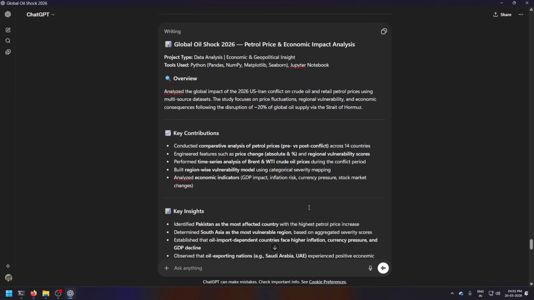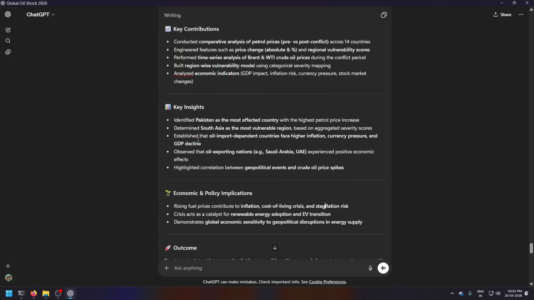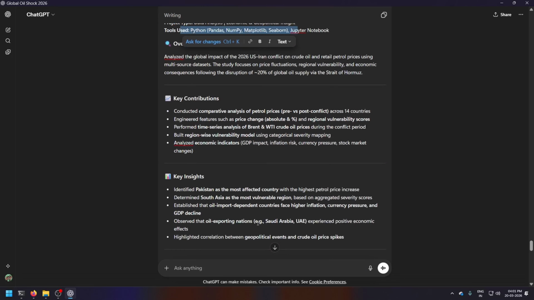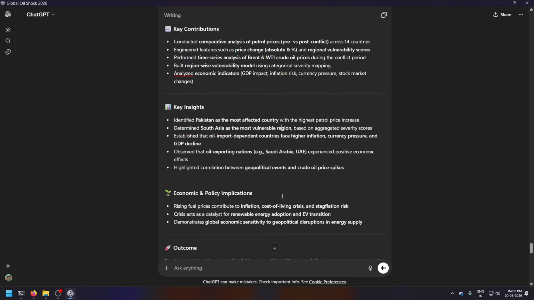Okay, I did it because I want to show you how you can write a particular one page. If I copy this thing in the doc file, you can see it had some columns and all that. Then the overview of what I did, key contributions, key insights, with the answers to those questions in bold. So here you can write those things.